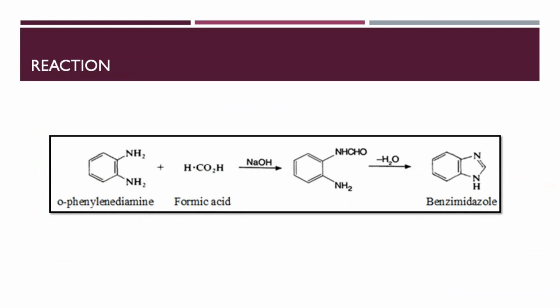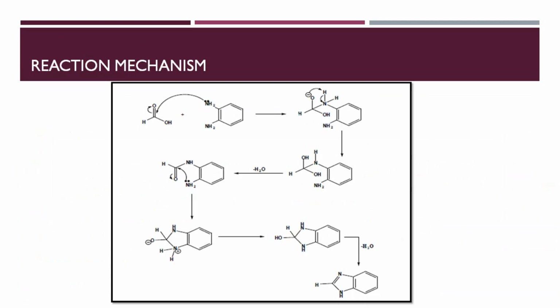So now let us see the reaction mechanism in detail. So here you can see HCOOH, that is formic acid. There is a double bond between carbon and oxygen. Oxygen is more electronegative than carbon, so the pi bond between the carbon and oxygen will have affinity towards the oxygen, that is, oxygen is going to derive the electron pair,